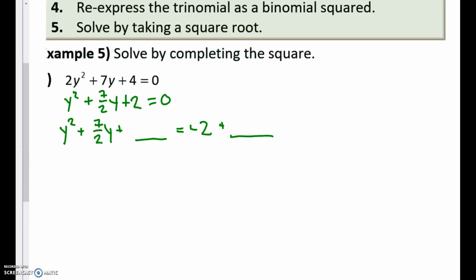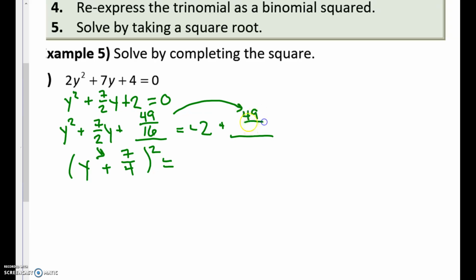And I am going to now fill this out where I have a y. We take half of this, which becomes 7 over 4. That's my half. I'm going to square it to get 49 over 16. And whatever I add here has to also add over here, 49 over 16. Well, I need to get common denominators in order to add the fractions here. So I have negative 32